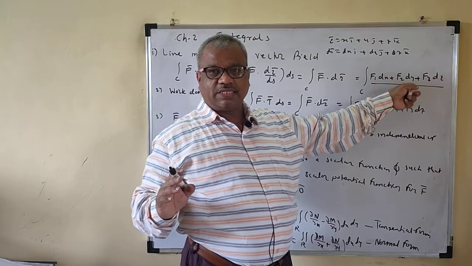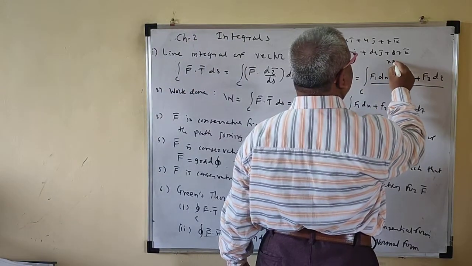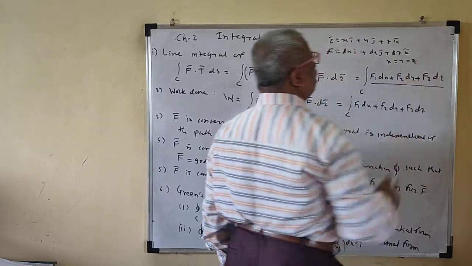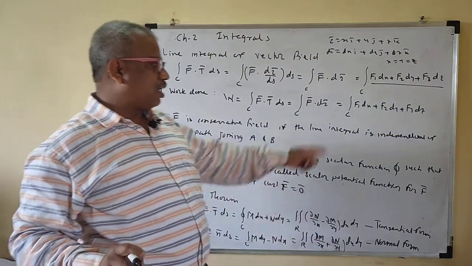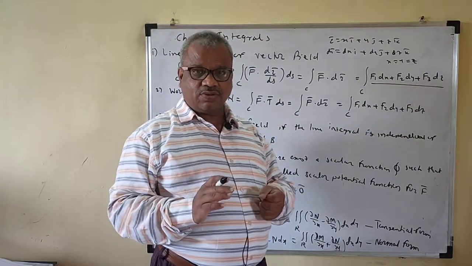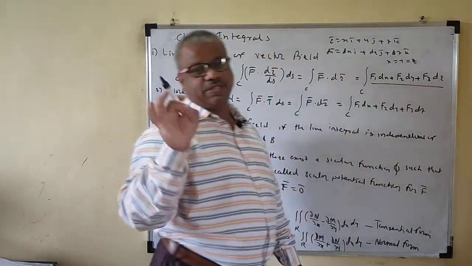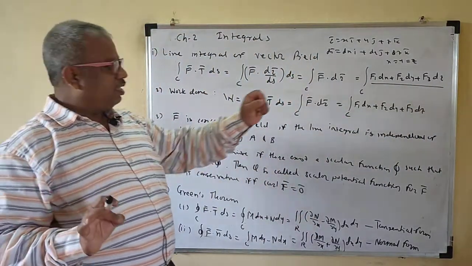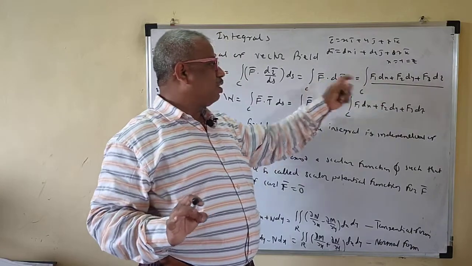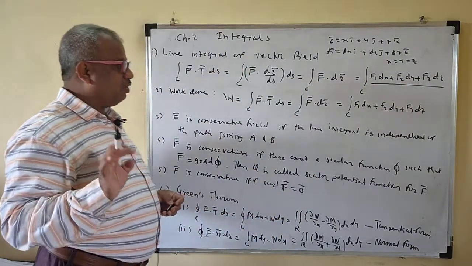Then you can express dx, dy, dz in terms of dt. Or suppose you have the relation x is equal to y is equal to z, then dx, dy, dz are all the same here. You can replace y and z by x now, and you can convert into one variable. This is our aim, to evaluate the line integral. So you have to convert this f bar dot dr bar term into a single variable.